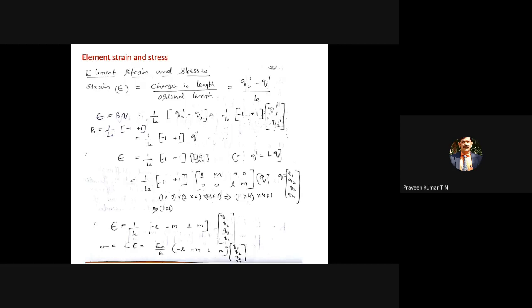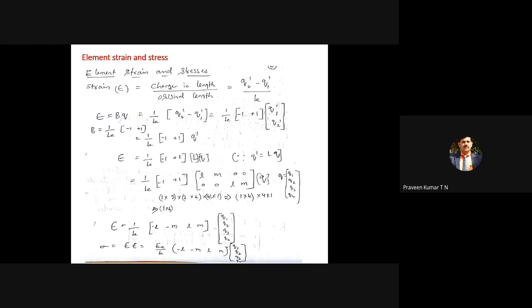Most of the time you have to find out the stress. So we know that stress is equal to E into epsilon. Instead of remembering one formula for the stress and one more formula for the strain, remember the equation for the strain. If you multiply the strain by E, or Young's modulus, that will be the equation for the stress. That's why instead of remembering 2 formulas, remember only one formula, the formula for the epsilon.